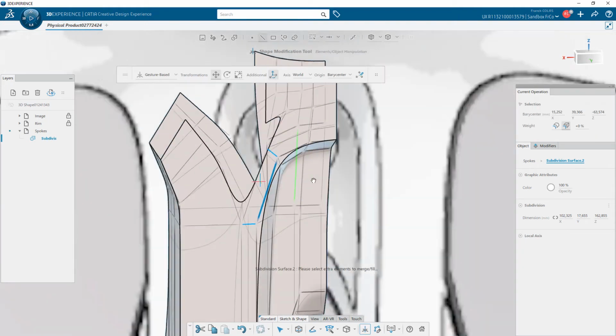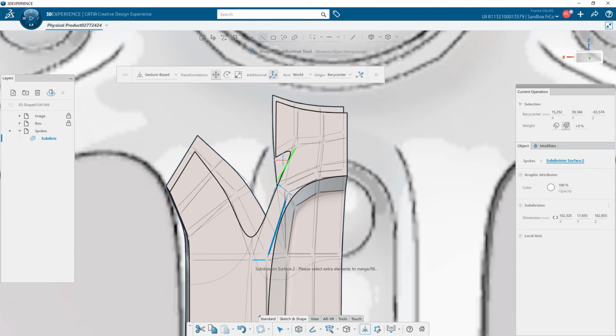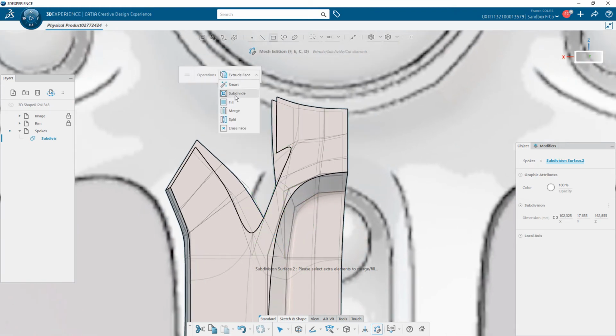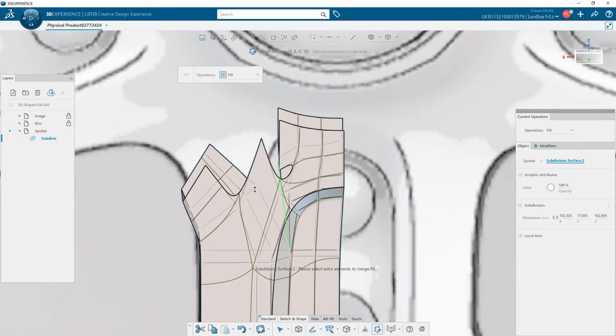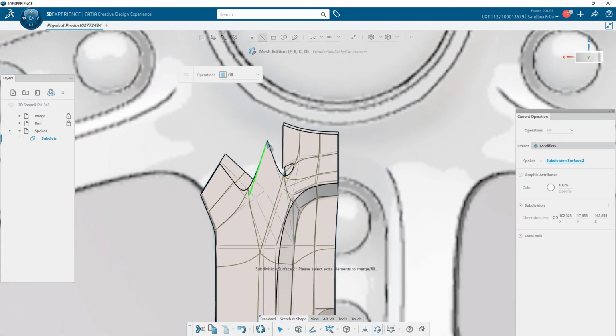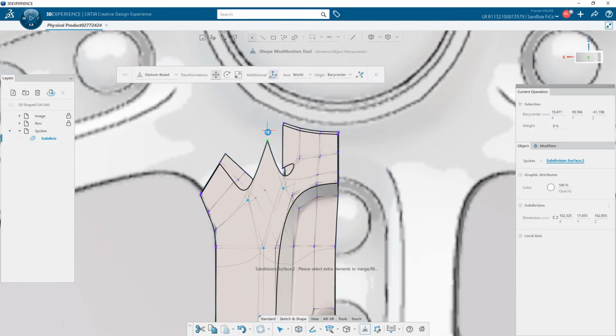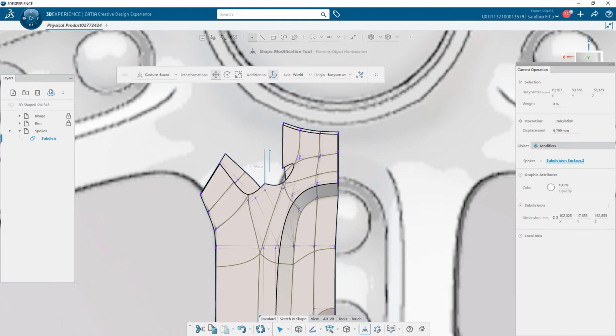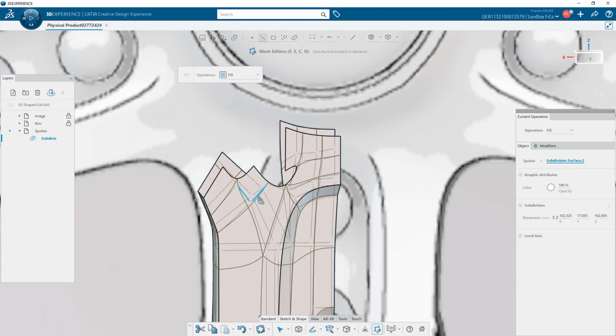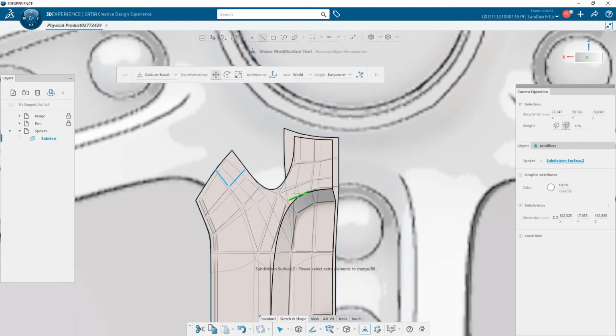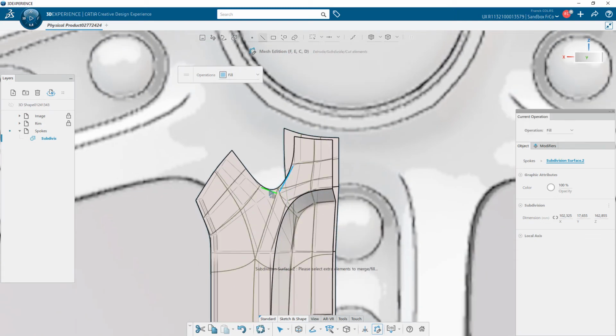I also use the fill edge to add a face between 3 or 2 free edges. And I want to control my flow.